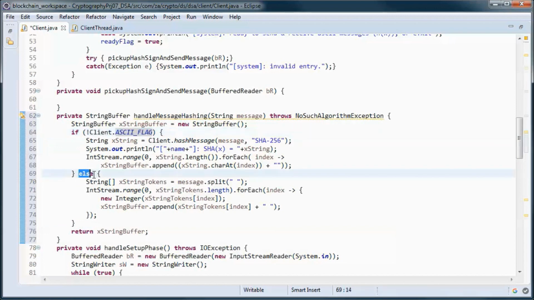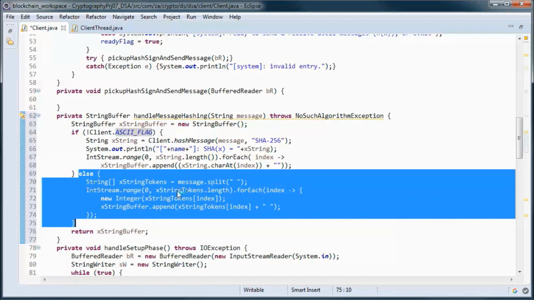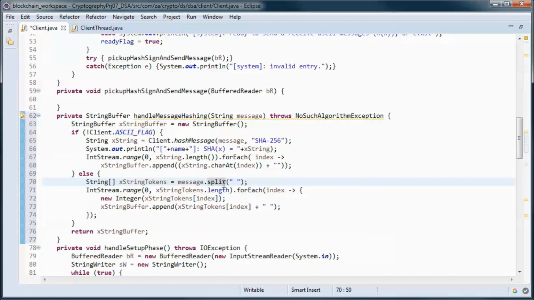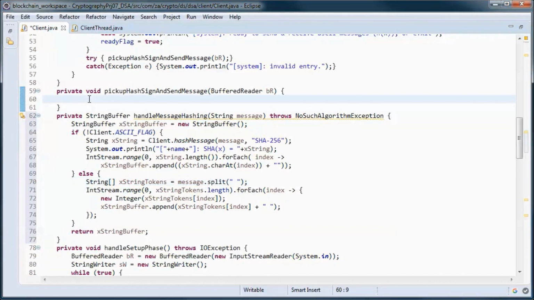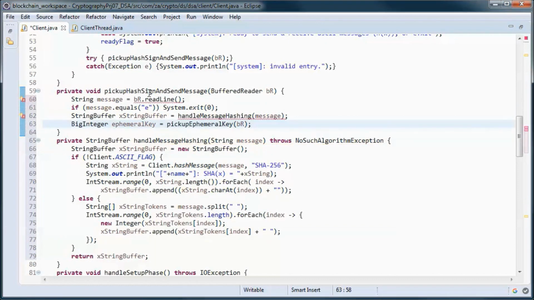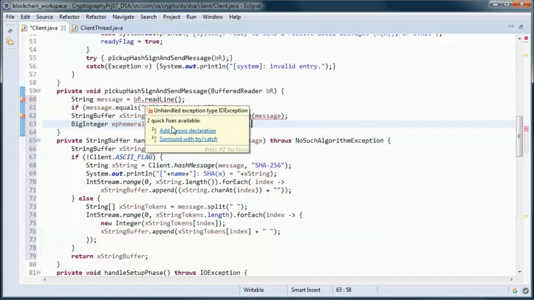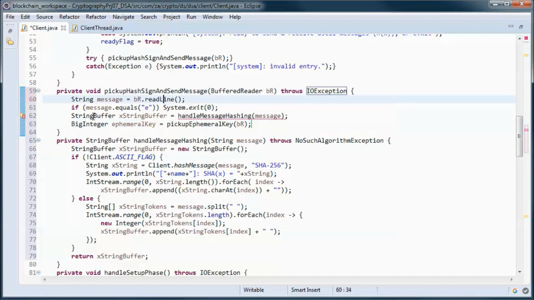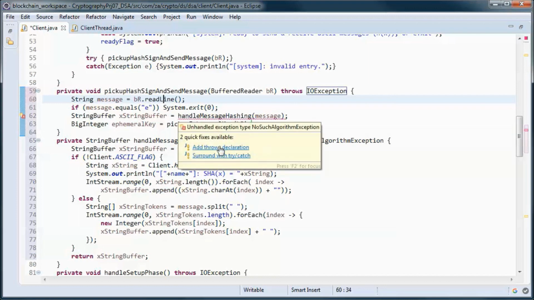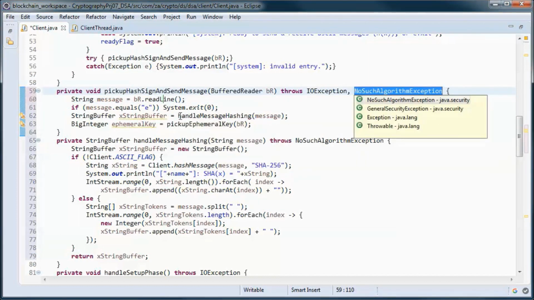Otherwise, we assume that the user has entered h of x, so the hash instead of the message, since it's easier for testing. And here we first pick up the message from the user, and then we call the handle message hashing to hash it.